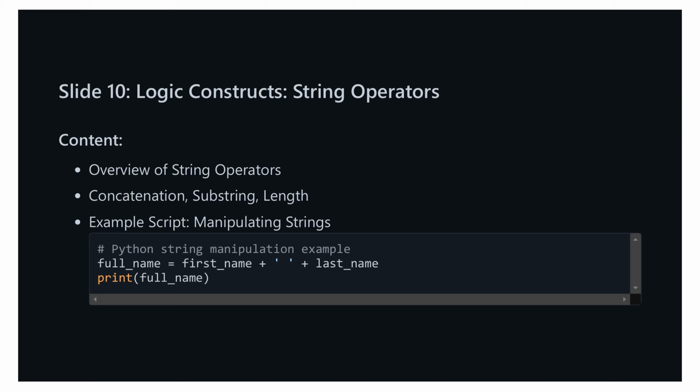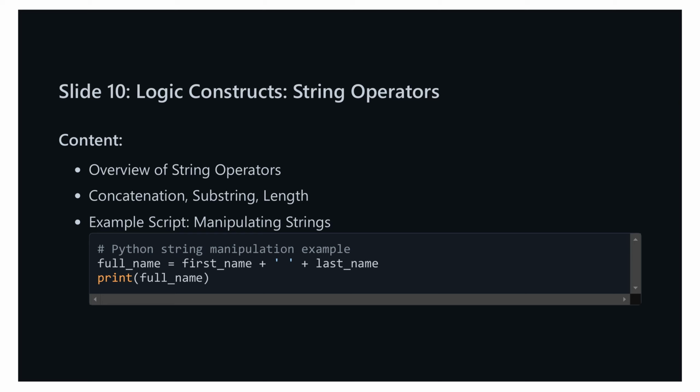For example, if you have a string text equals hello world, you can extract hello using text[0:5]. 3. Length. You can determine the length of a string using the len function. For example, len(full name) will return the number of characters in the full name string. Understanding these operators enhances your ability to manipulate and utilize text data efficiently when scripting. Now, moving forward to the next slide, we will explore arithmetic operators. This will include an overview of addition, subtraction, multiplication, and division operators,